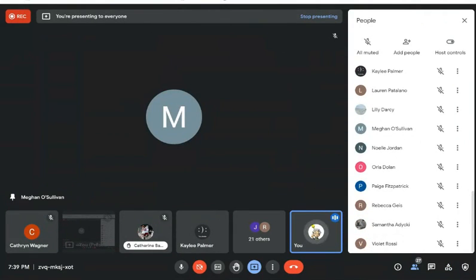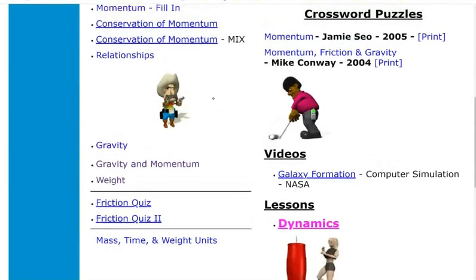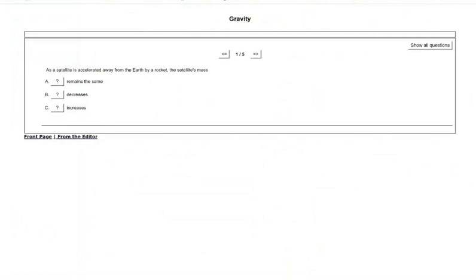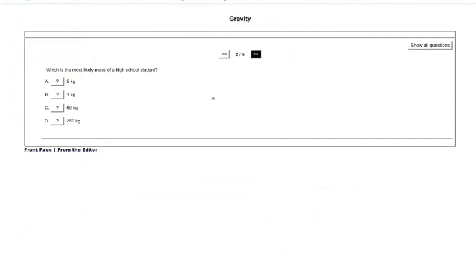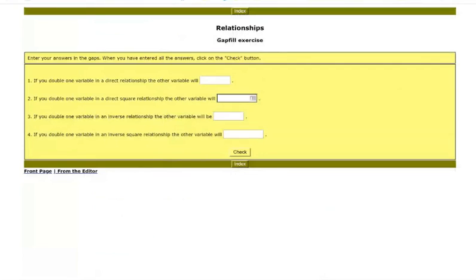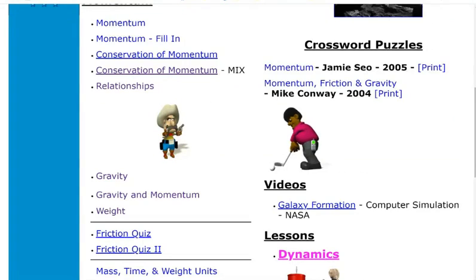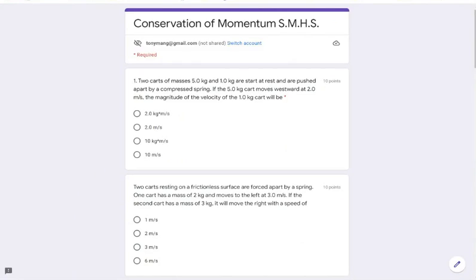Terrific. Okay. So what didn't we do? Let me see, did we do gravity? I want to see if we did gravity. Now this is basically the same as we did before. What didn't we do? How about relationships? Nah, that's not going to help you. Conservation of momentum. Of course, you're going to know that. Remember tomorrow, the total momentum before any interaction equals the total momentum after. Use the word total, so you'll get some points for that. Let's see if we did, I think we actually did this.